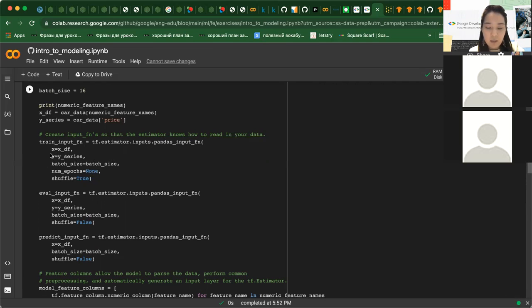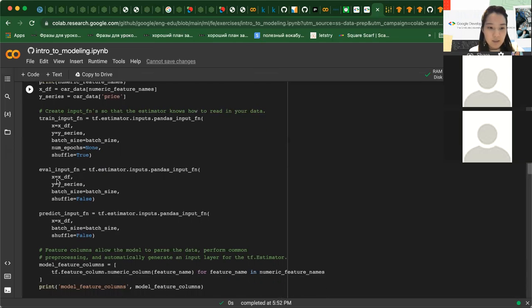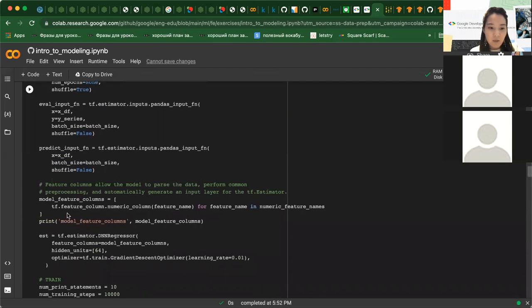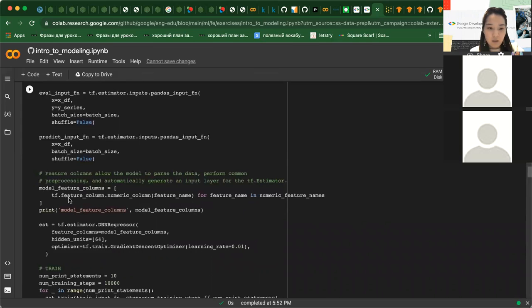So we have the X values, the Y values, we have the batch size, which is 16, number of epochs is none, and shuffle is true. And the same for evaluation and prediction data sets. And then we have here the list, which is model feature columns,